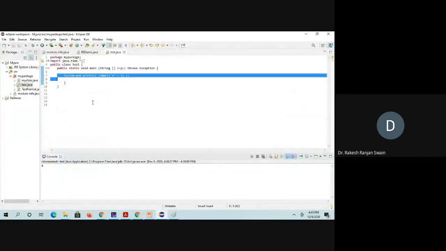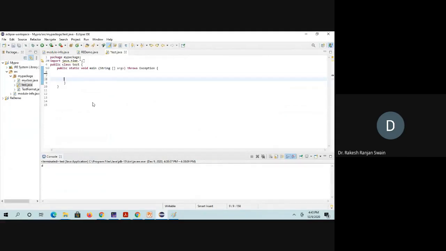See, the same example I am giving you. Here I am declaring a string s. Suppose inside this I am declaring "HOME", something like that.